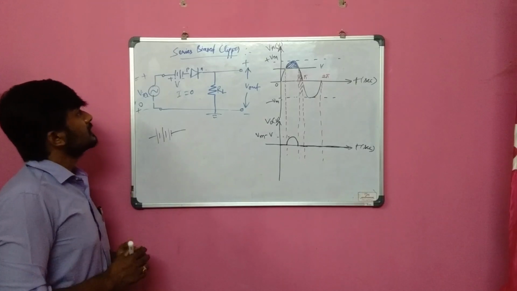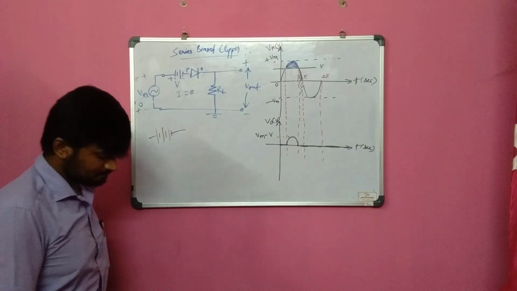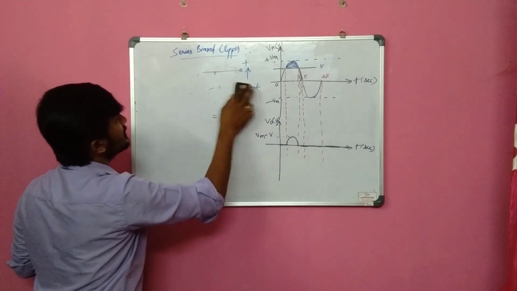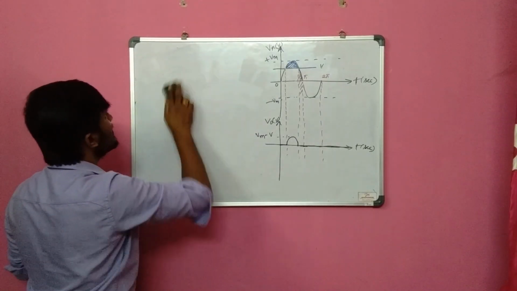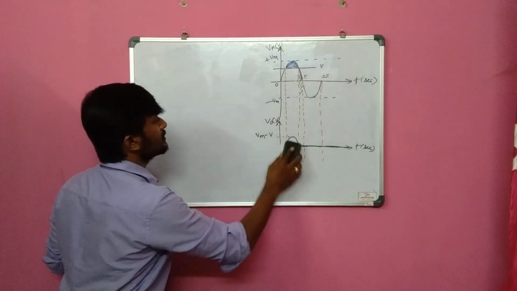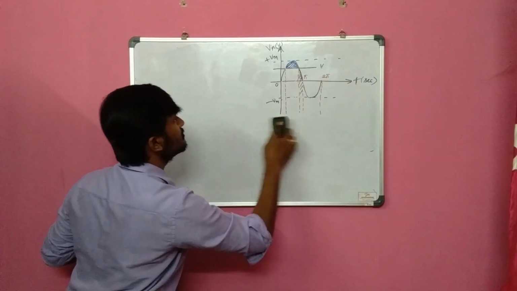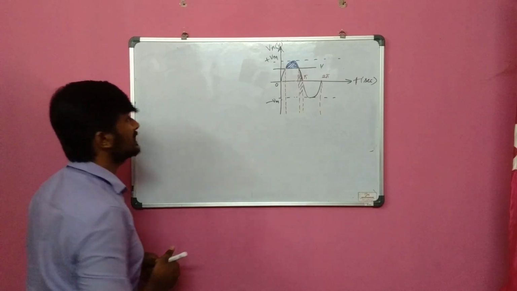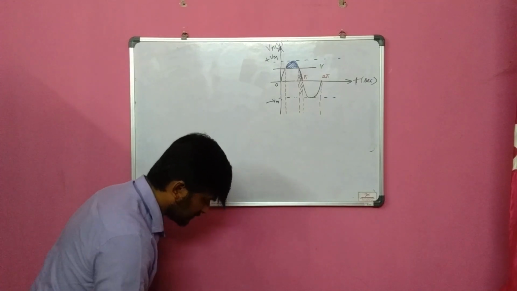Okay, fine. Now let's go to the next topic, that is shunt bias clipper. These bias clippers are a bit complicated, that's why I made them into a separate video. So I am erasing the second part, that is the output waveform. First, the input will not change, so I will not erase the input signal. Okay. So shunt bias clipper.